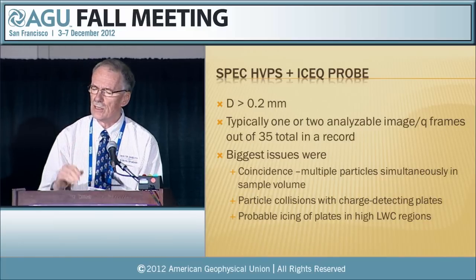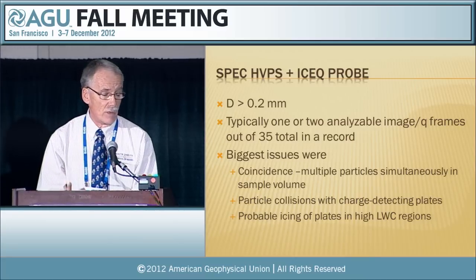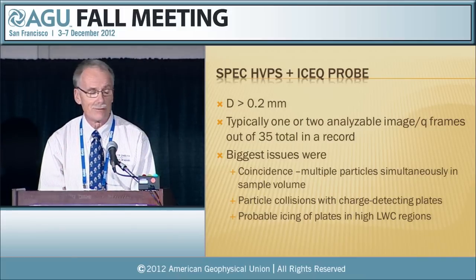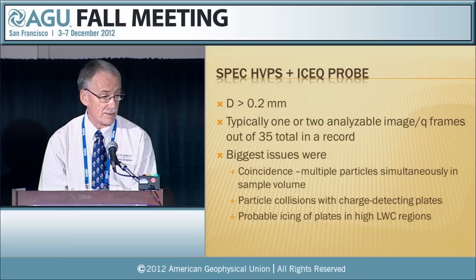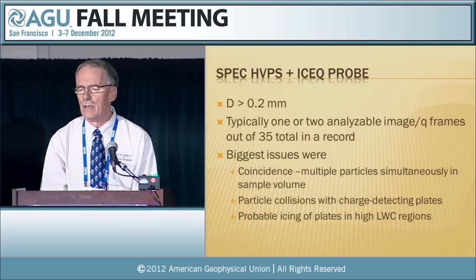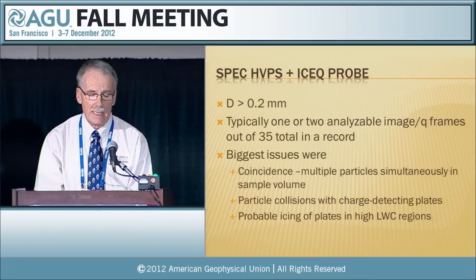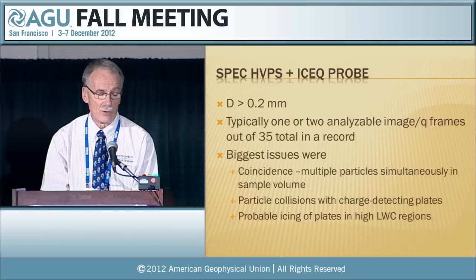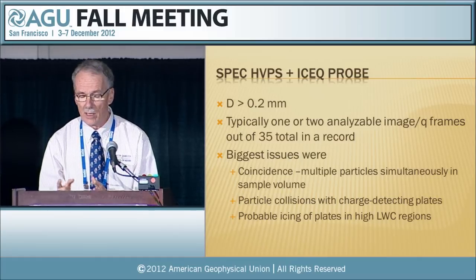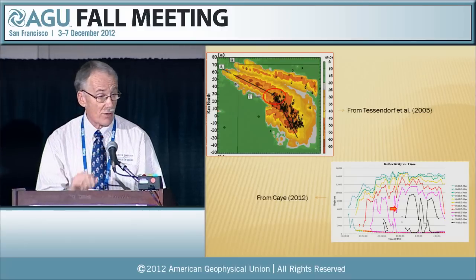You could tell from the signals on the charge plates that there was more than 1 charged particle in the sample volume. When particles collide with the plates, they dump a lot of charge on the plates, and it takes time for that charge to be bled off, and that corrupts your ability to detect new charges on passing particles. And it looked like in regions where there was liquid water, maybe above a couple of grams per cubic meter, our de-icing wasn't working as well as it should have, and we didn't get any signals. It could be that there were no charged particles, but it could also be a problem with icing of the probe. And so we'll take a look at one thunderstorm in particular.